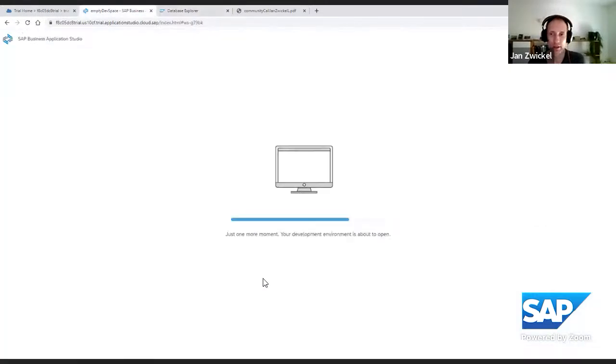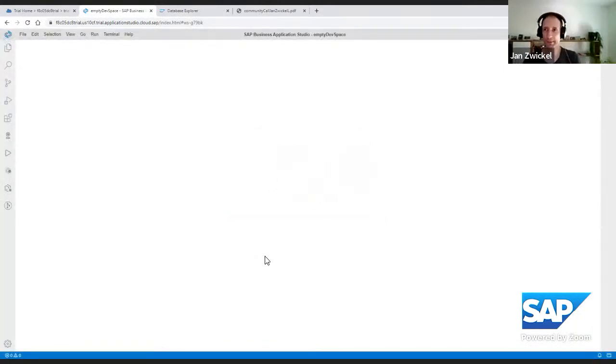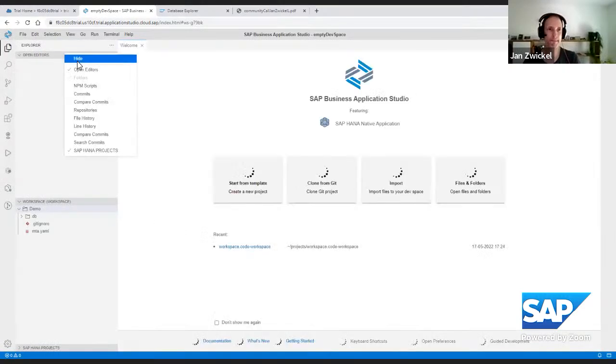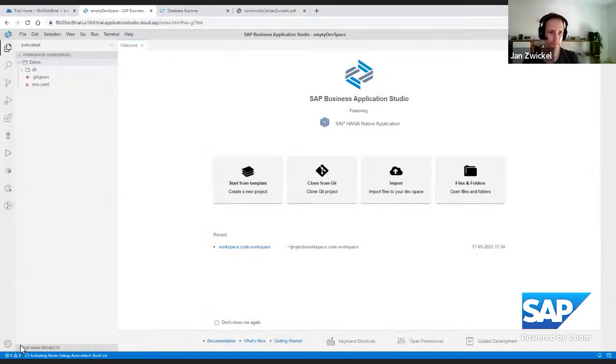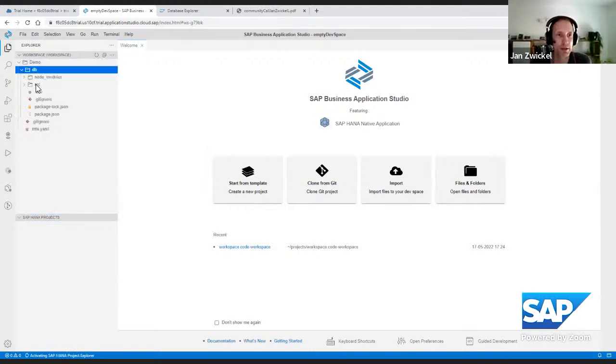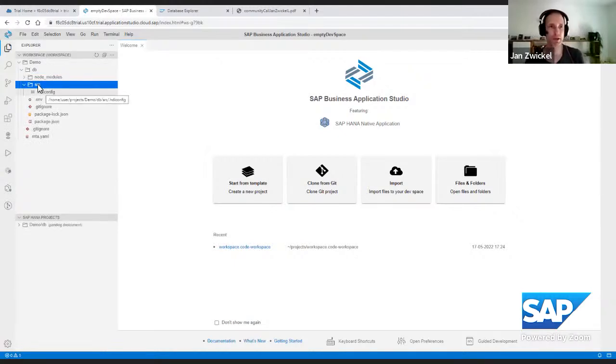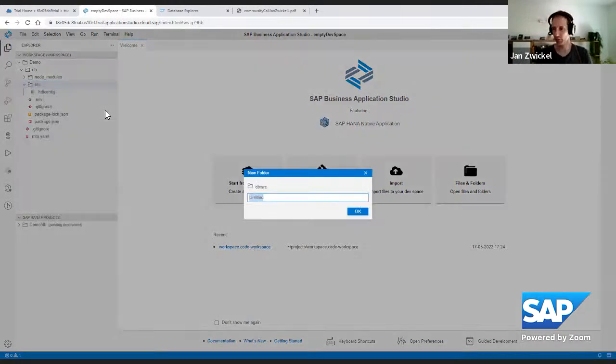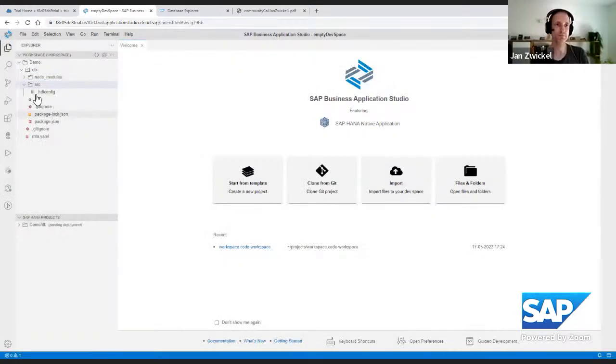And if I go back here now, the project has been created, so it's restarting the workspace. And I now have my project here. I can create my objects in this folder SRC. Let's create a very simple table, but first get some structure. I create a new folder, call it tables. I create another folder and call it